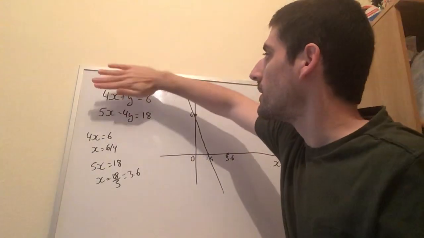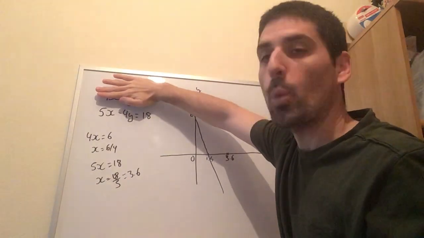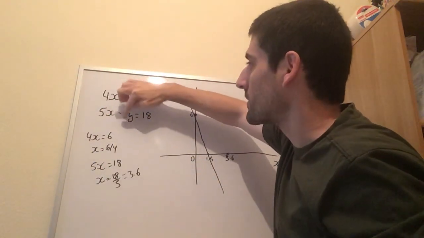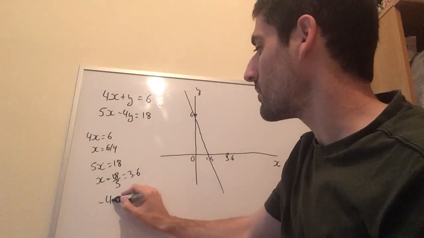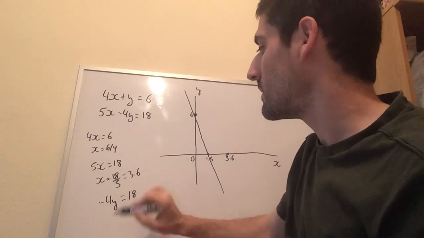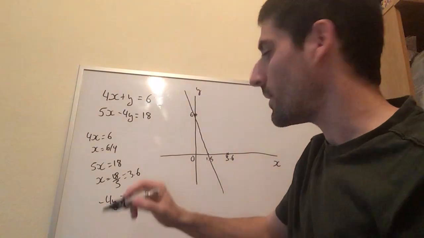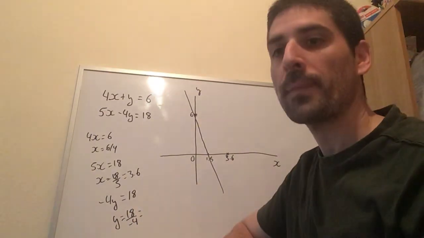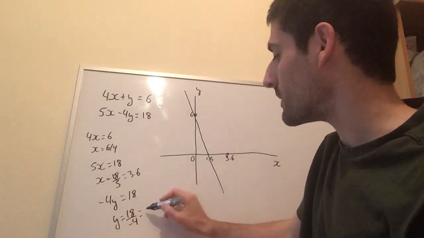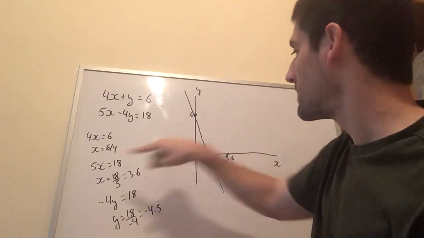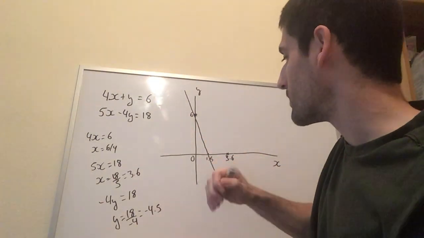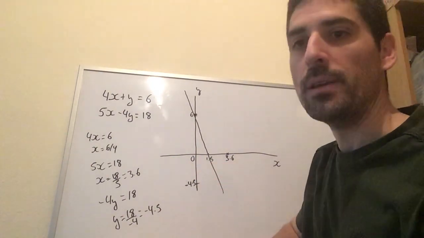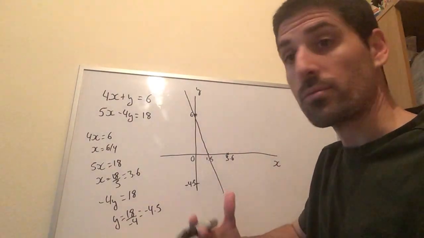And now, still looking at the second line, I'm going to substitute when x is 0. So if x is 0, that term disappears because 5 times 0 is 0, and what I've got left is minus 4y equals 18. If minus 4y equals 18, y has to be 18 divided by minus 4, and 18 divided by minus 4 is minus 4.5. So when x is 0, y is minus 4.5. Minus 4.5 would be, I don't know, somewhere there. On square paper, it's going to look a lot nicer in your books. Then you get your ruler and